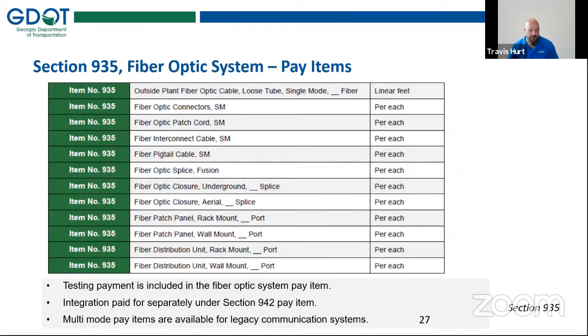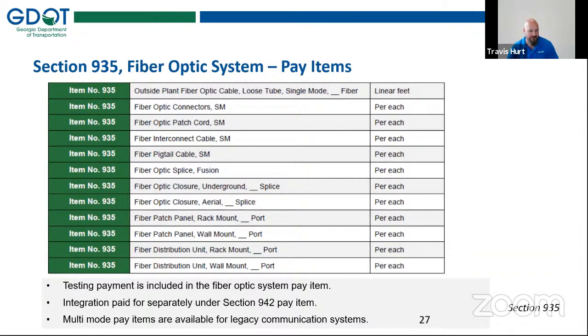So these are the pay items for that 935 section, including all of your cables and everything. And you can see on here, fiber patch panels and fiber distribution units towards the bottom, quantified by the number of ports. And you can also see with the splice closures, those are done by number of splices now rather than fibers to sort out that same